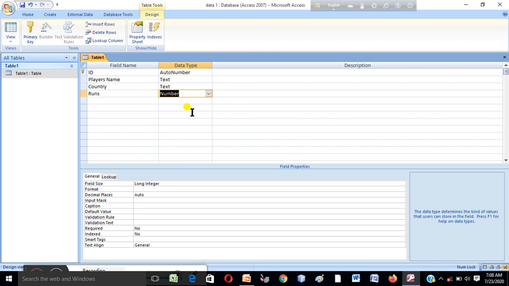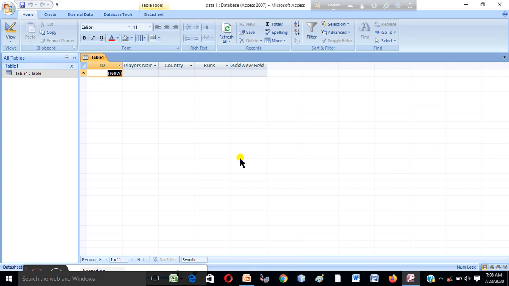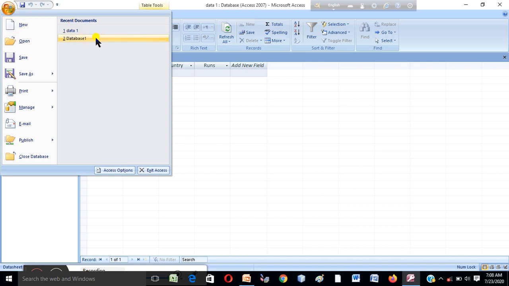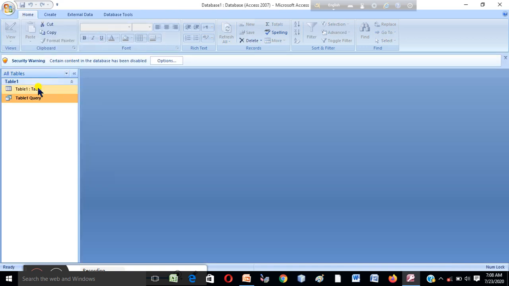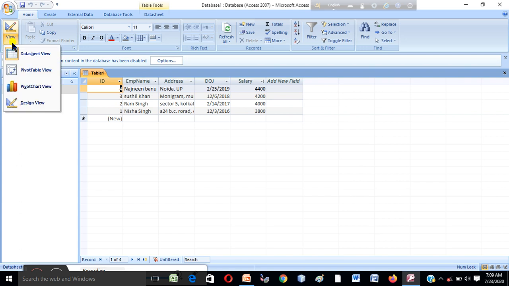After you complete your data, you click on the view option, then save the file, and you can see the field name in this portion. I have already created another file, that is Database 1, and here I have created a table. This is the ID number, then employee name, address, date of joining, and salary.